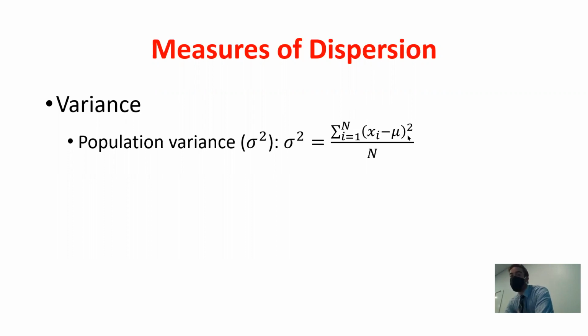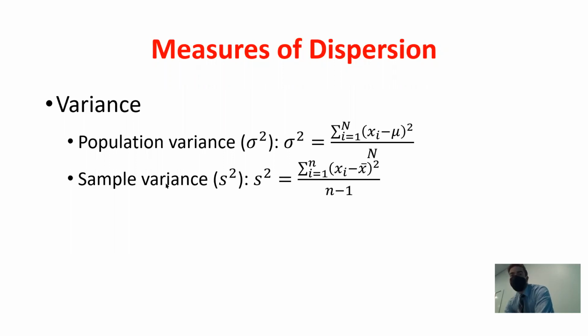Once we get there, then we'll add up all those values that we found. Once I add up all those values, the last thing I have to do is divide by the total number of observations in that population data set. Okay? So I'll walk through some examples here in a second with some actual data, but this is just talking through what this formula is telling us.